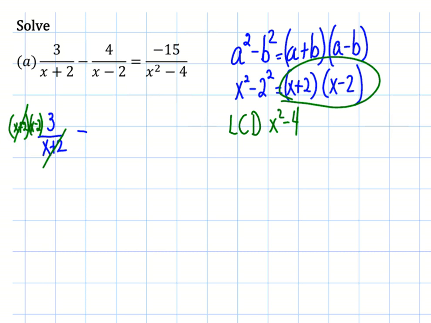So this term, instead of doing that, I'm going to multiply by x plus 2. Let's put that in green. So we're going to cancel out here. Equal to,